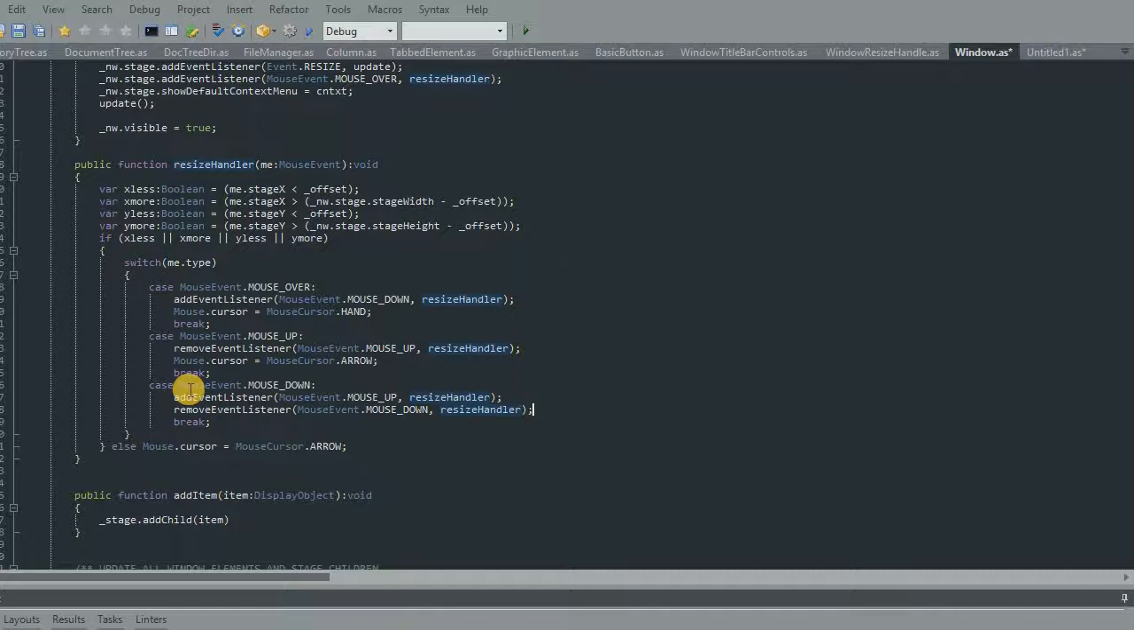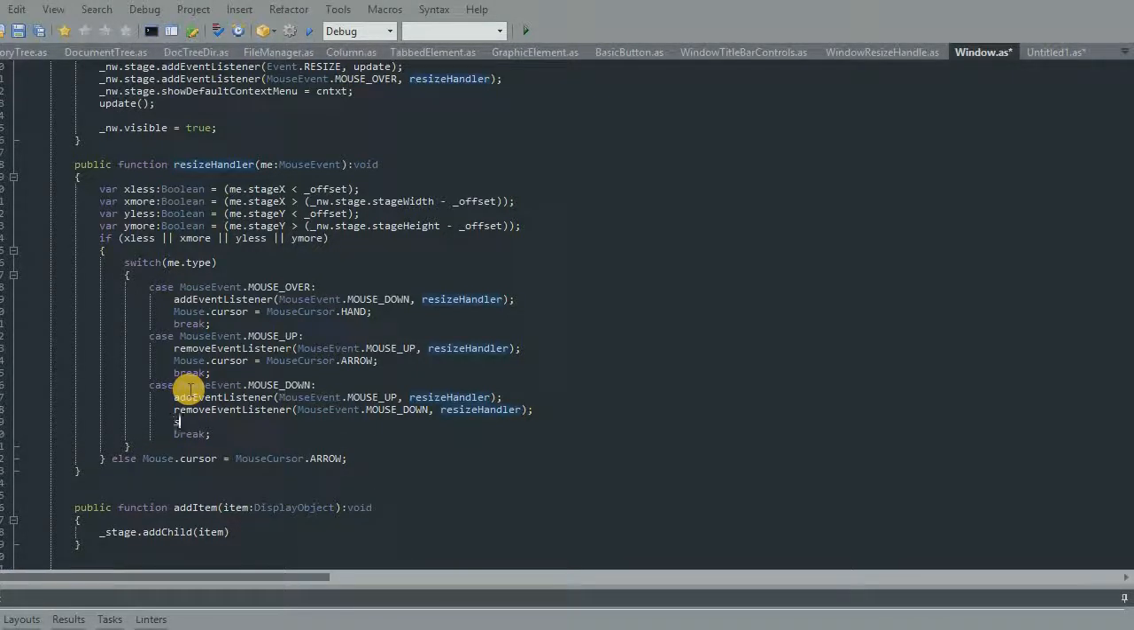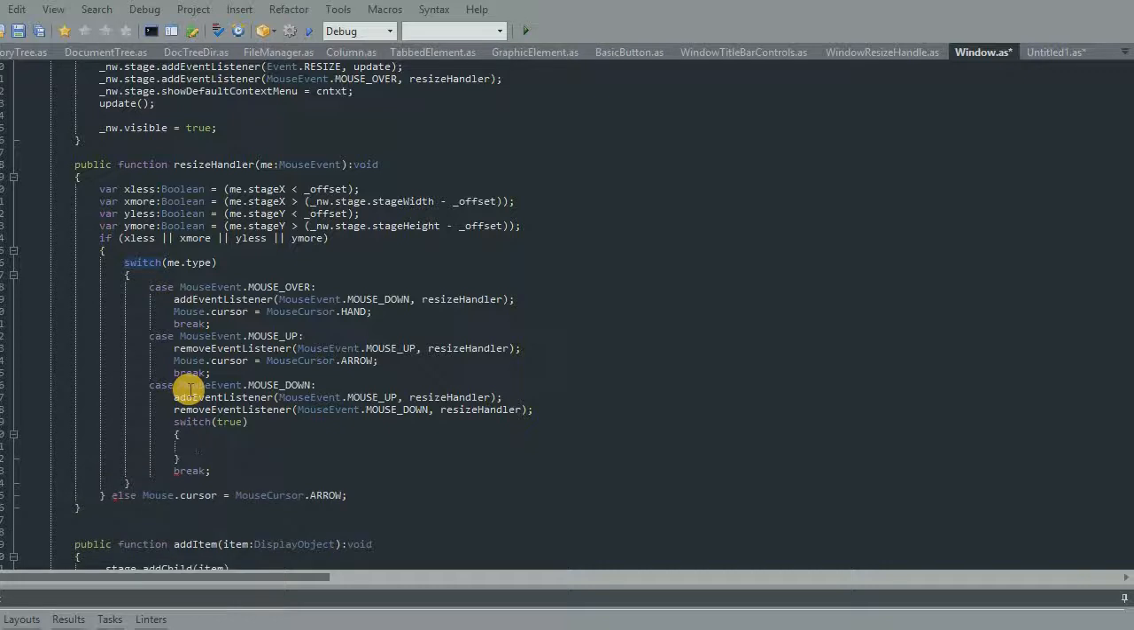Alright, so now I think we've pretty much juggled all of the listeners. If it's a mouse up, it removes itself; mouse down removes itself and adds mouse up. So now we're going to create another switch statement inside the mouse down, because this is where all the action is going to happen. We're going to say switch true, in other words, whichever one of these options becomes true. And then for the case, first we're going to start off with